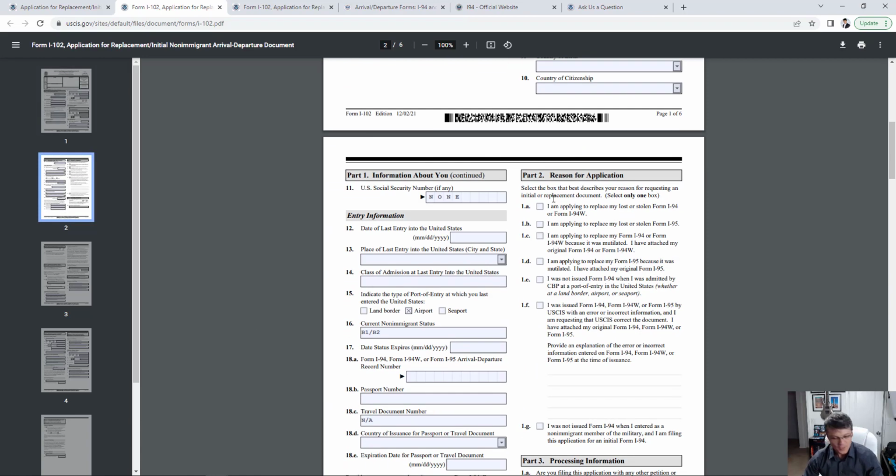Moving on, a reason for application. Now this is going to be pretty important, and you have to select obviously the right reason. Now there are a few options. I'm going to read all of them so you know. Select the box that best describes your reason for requesting an initial or replacement document. Okay. First one is, I am applying to replace my lost or stolen Form I-94, which is most likely going to be the case. Most likely so most likely that we're going to select this for the purpose of this video,